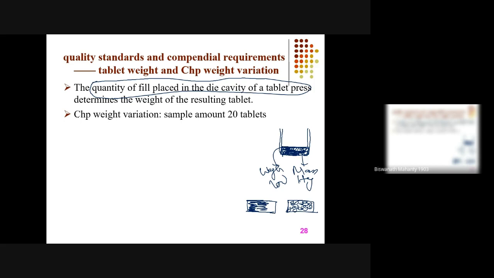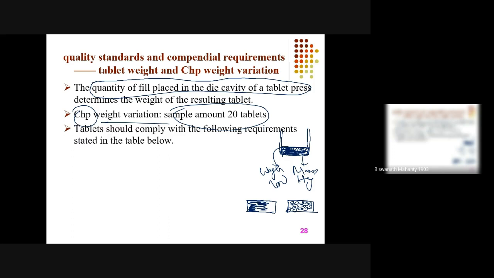How are they going to check these variations? Sample amount, as I told you, they take 20 samples, and they find the mean value and standard deviation. So for example, 20 tablets, I take the weight. I'm going to take their mean, right? And I'm also going to find their standard deviation, right? In most pharmacopoeial regulations, they will use plus or minus